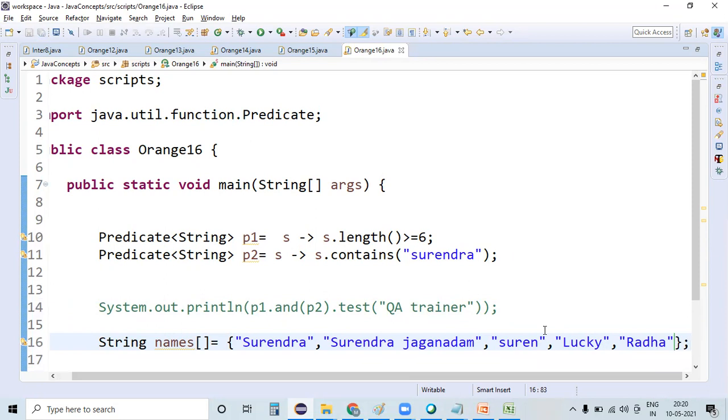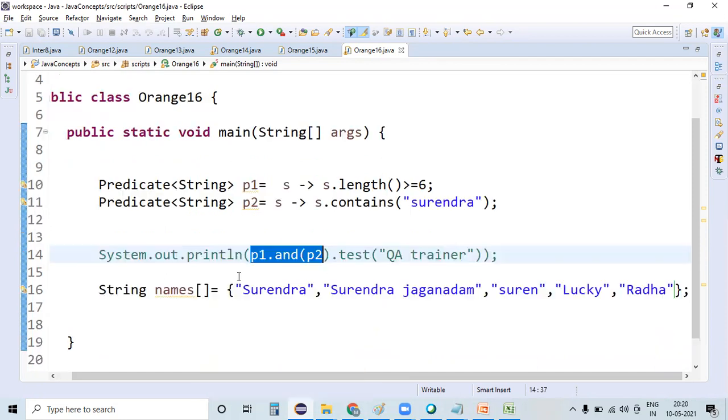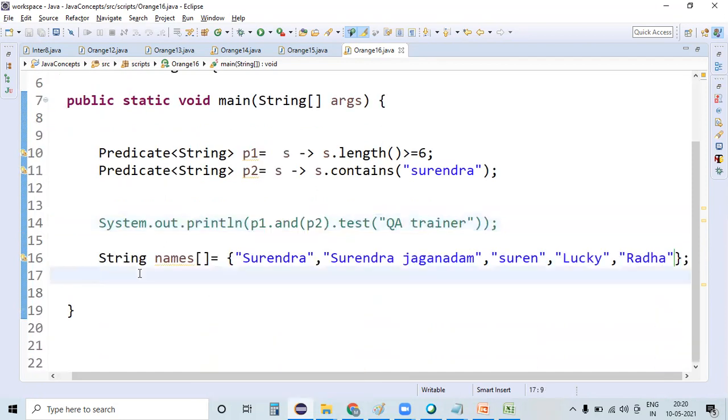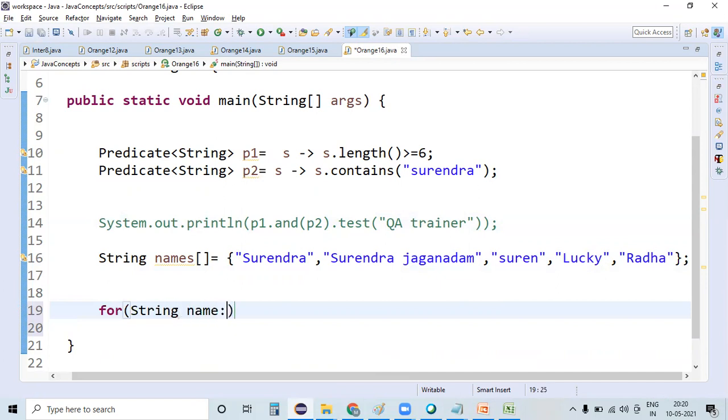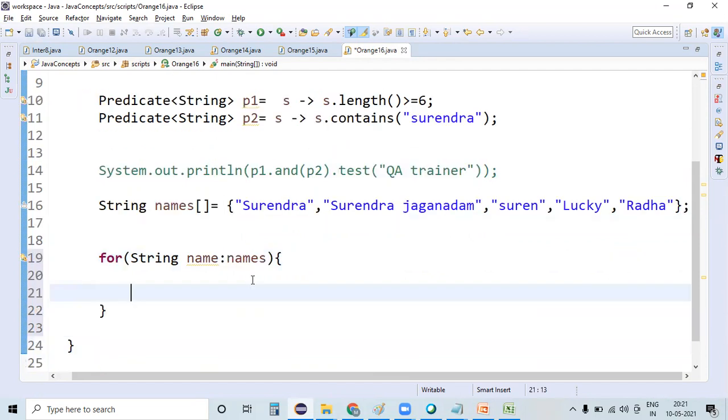Now, I want to apply this predicate on all the values present in this array. Usually, if you want to run some logic on a group of values, we need to use a for loop: for String name : names.